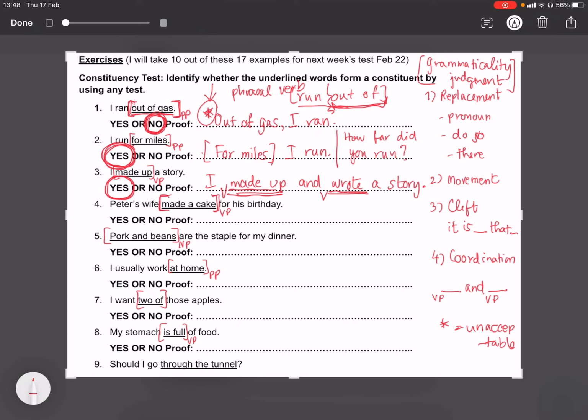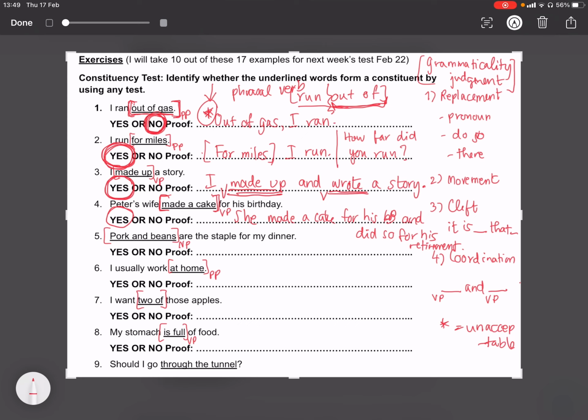so, right? Do so replaces made a cake. So I'm gonna put she, okay? She made a cake for his birthday, right? And did so for his retirement, I guess. So yes, made a cake, you can already tell that it makes sense because make, you want